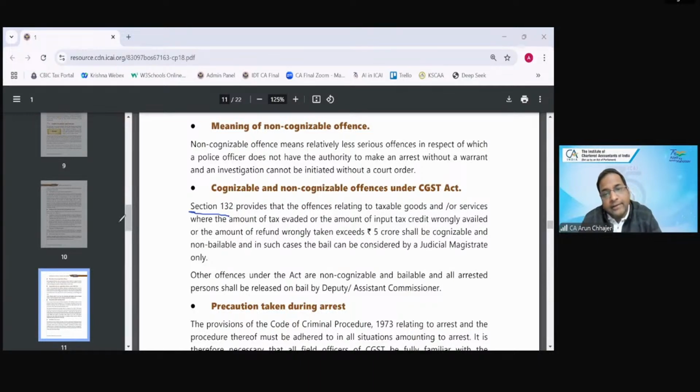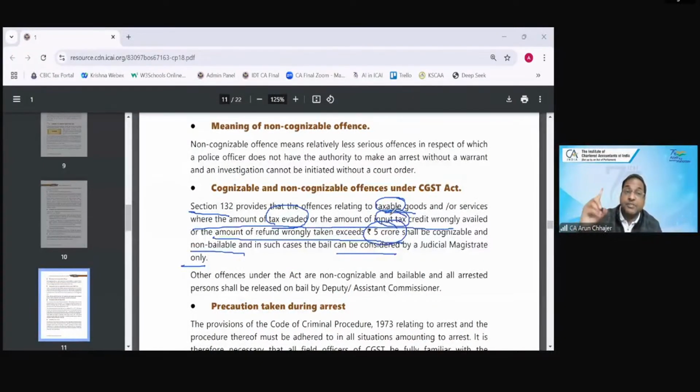Section 132 provides that offense relating to the taxable goods and or services where the amount of the tax or the amount of the ITC wrongly availed or amount of the refund wrongly obtained exceeds rupees 5 crore shall be cognizable and non-bailable. In such case, the bail can be considered by a judicial magistrate only. तो ये बात मैंने आपको बता दी। 132 क्या कहता है? जहां पे टैक्सेबल गुड्स है और जहां पे टैक्स का अमाउंट या आईटीसी का अमाउंट या रिफंड का अमाउंट 5 करोड़ से ज्यादा है। 5 करोड़ मतलब टोटल, ऐसा नहीं कि 5 + 5 10 करोड़।